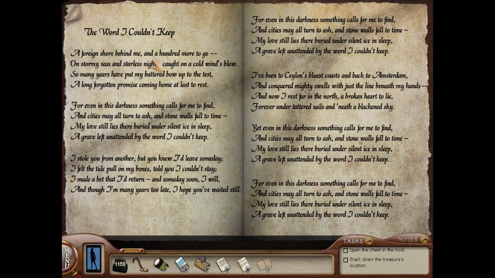A foreign shore behind me and 100 more to go. On stormy seas and starless nights caught on the cold winds blow. So many years have put my battered bow up to the test. A long forgotten promise coming home at last to rest. For even in this darkness something calls for me to find. And cities may all turn to ash, and stone walls fall to time. My love still lies there buried under silent ice and sleep, a grave left unintended by the word I couldn't